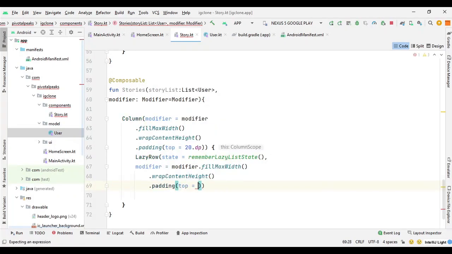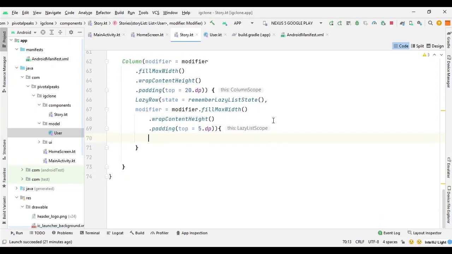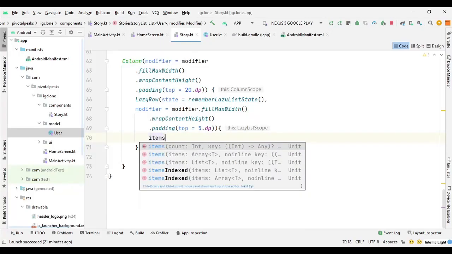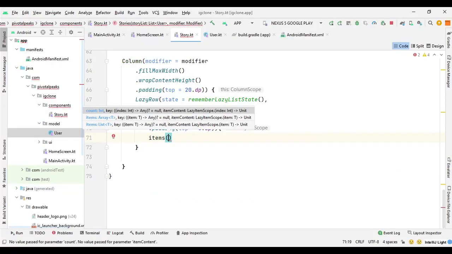So we can say top 5.dp, and then we can open the curly braces, and here we need to provide an item function to add a list of items which takes items as a parameter to produce the data list. So here we can say items, and then we need to provide the items.